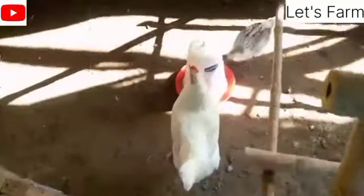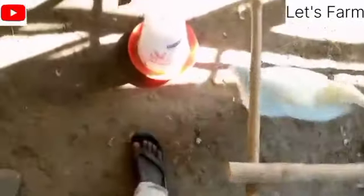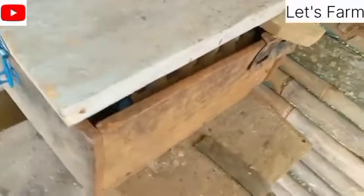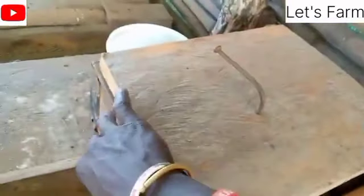Let's take a quick look at how this method works. So right over here, you can see that our birds are having clean water. They are drinking the water. And then over here is a box. I think you guys can see the box. It's a nice box. I actually made it to put my